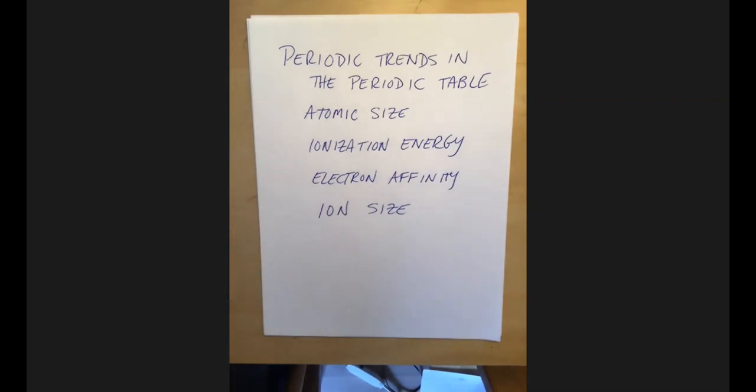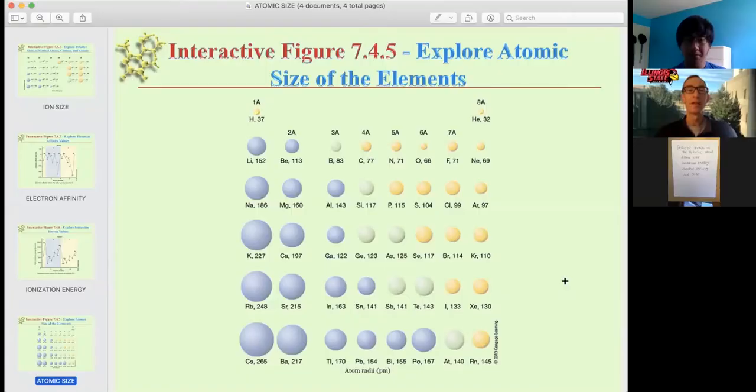So first, I'm going to take you to some images from the textbook. This is one of the figures that's in the textbook, and you can see that as you go across a row, like from lithium to neon, the size of the atoms gets smaller. If we look at sodium over to argon, the size of the atoms gets smaller. Okay,